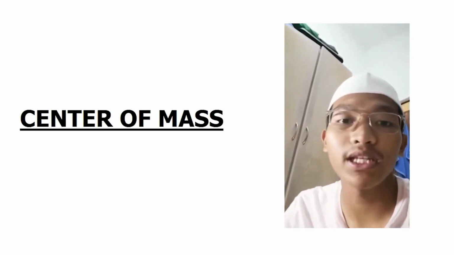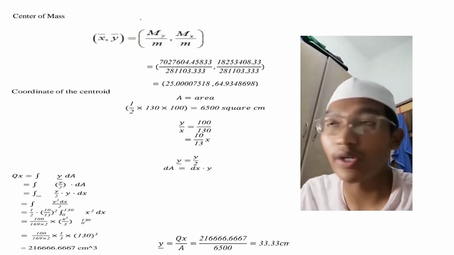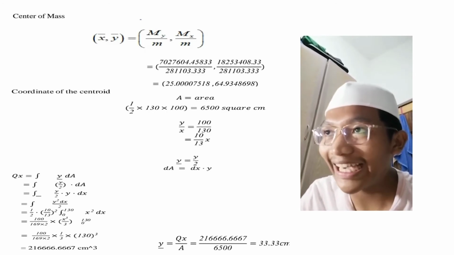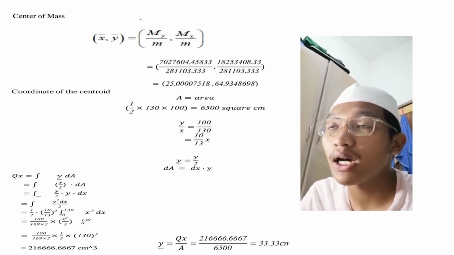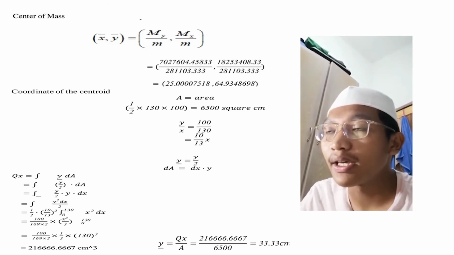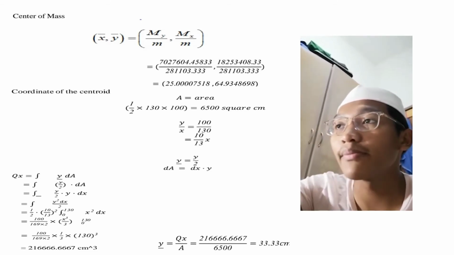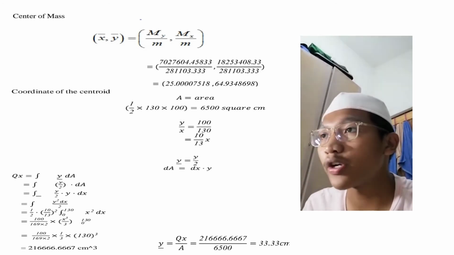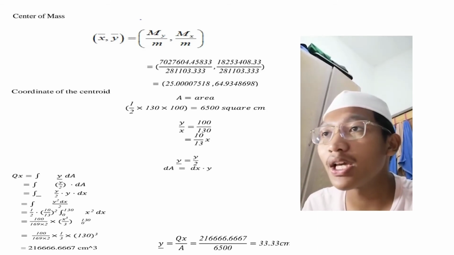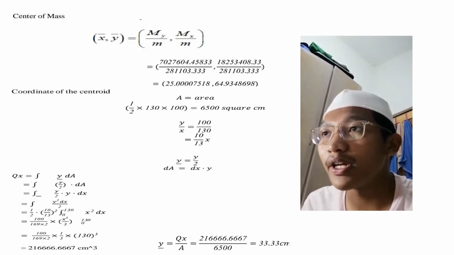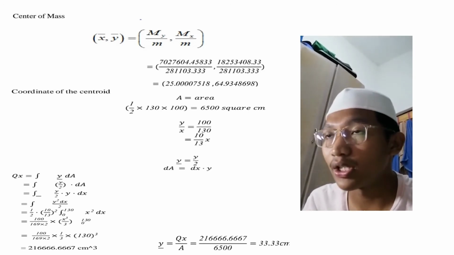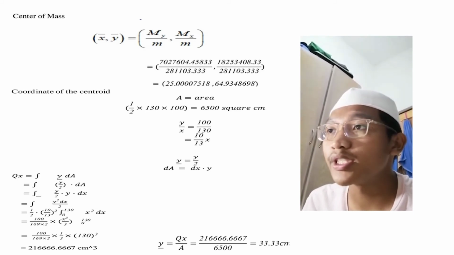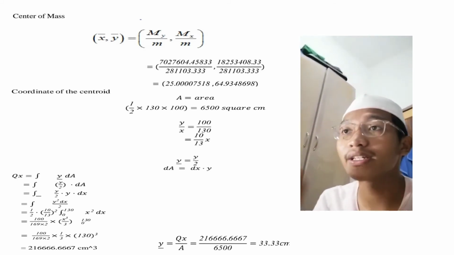So here I am today explaining about the center of mass. You need to use the formula of center of mass, which is as you can see, and then you need to substitute my value with the moment of mass formula, and then you will also get the Ms formula and also the M formula. And then you will get the coordinate, and from the values of x and y, which is the coordinate, you need to find the centroid, sorry, the coordinate of the